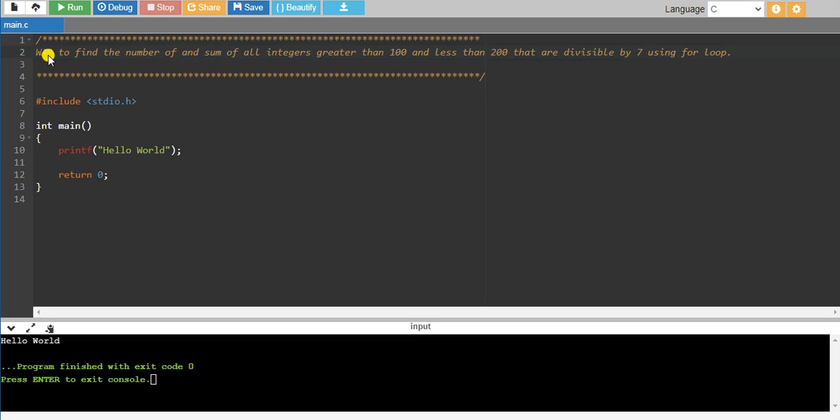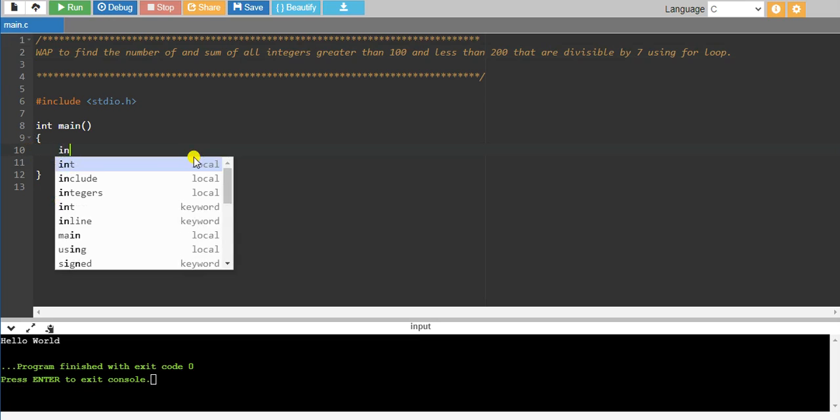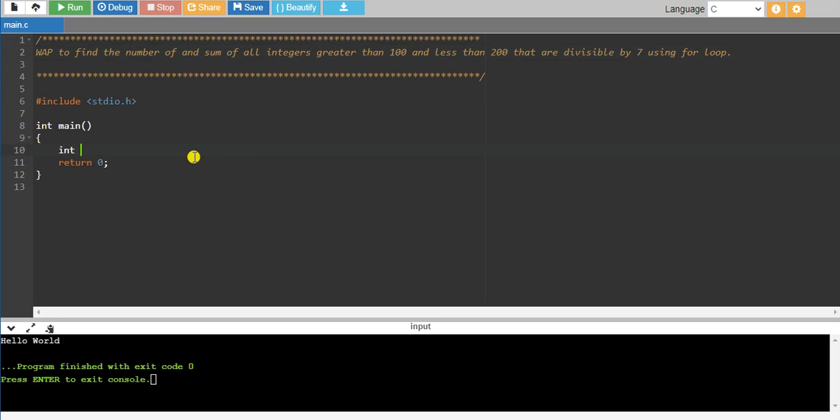So let me begin with the code here. I'm considering some variables: int i, sum equal to 0. Initially sum equal to 0 because we are finding the sum of all the numbers which are divisible by 7.